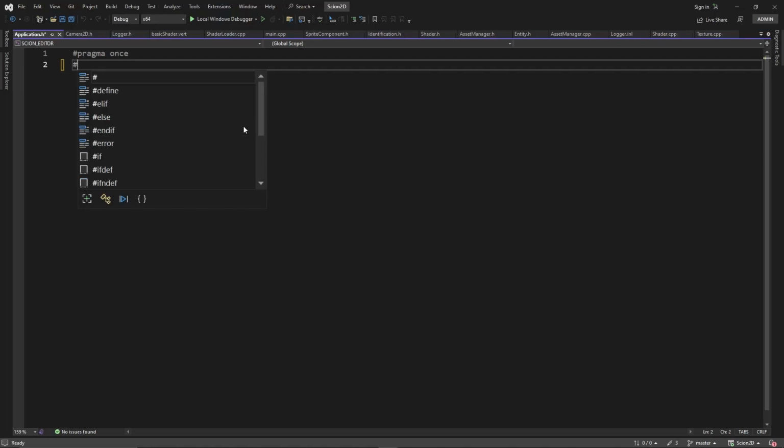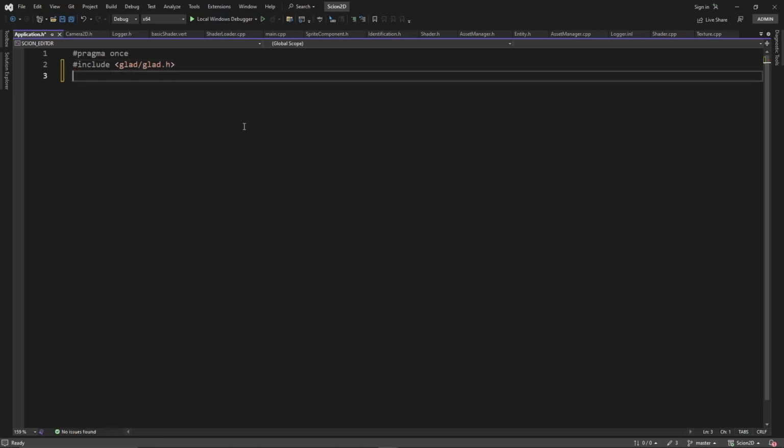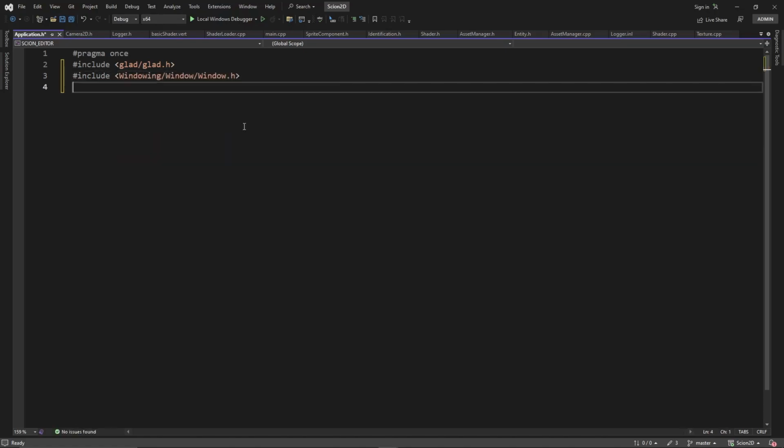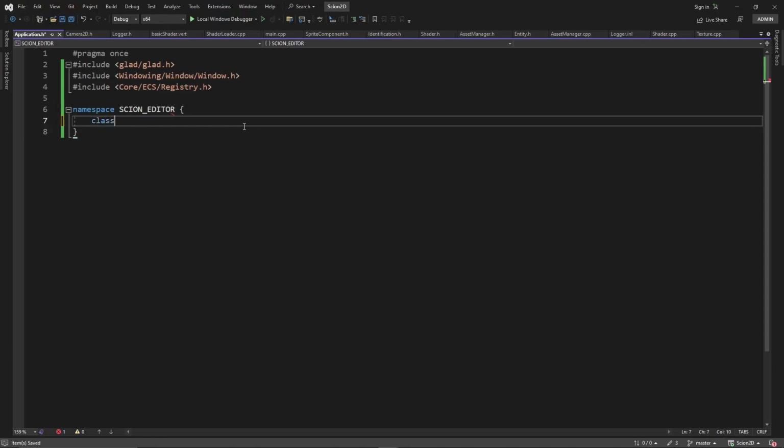We're going to need to include a few things. We're going to need glad. We're going to need the window. And we're going to need the registry. Oh, not components, sorry. And registry. And then we're just going to have a namespace, and we'll call this Scion editor. And we'll go class application,